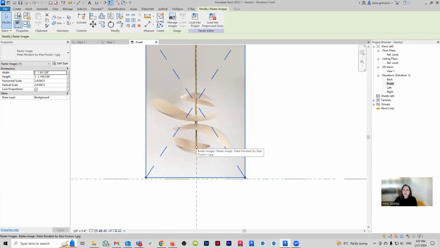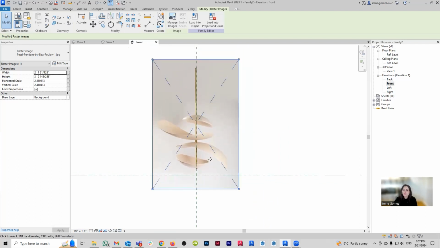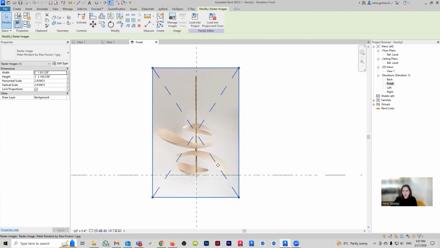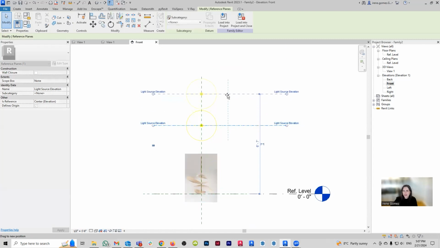The other thing that I'm going to do is try to bring this light as low as possible, and you're going to see why in a minute when we start working with our light sources. Speaking of light sources, this guy is right now here, and that's fine. We're not concerned with the light source yet. We're just concerned with making sure that we model the geometry.